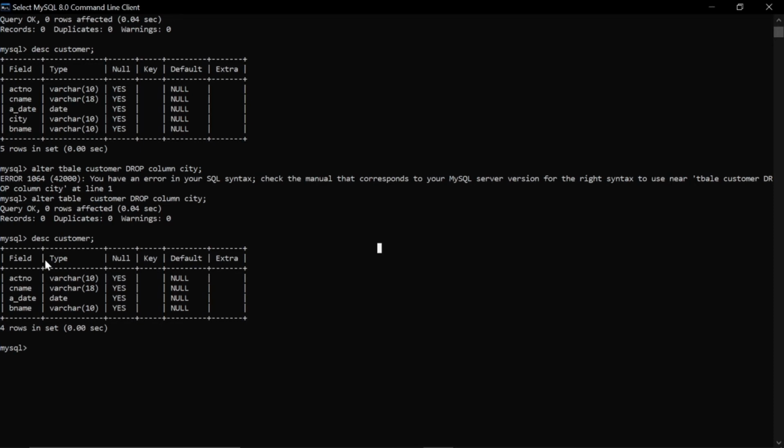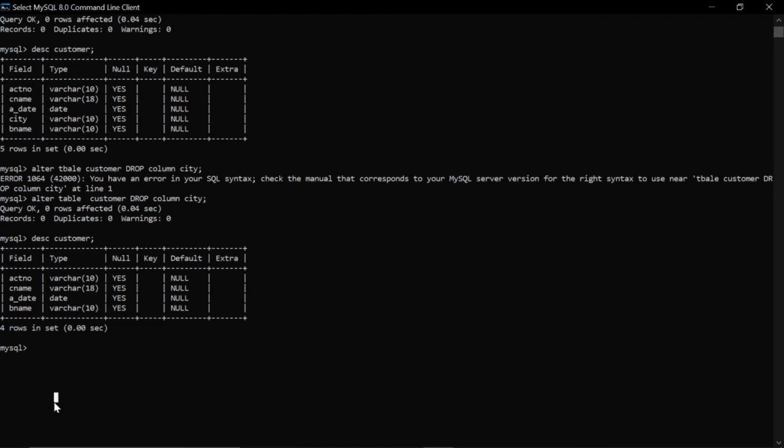Now suppose I want to change the data type of some column. Let us take account number as the column, and I want to change the data type from varchar to integer. You can also write the digits in varchar, but for more simplicity, I want to take it as an integer.